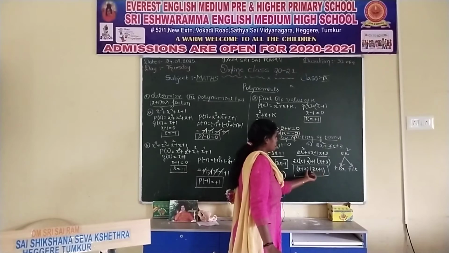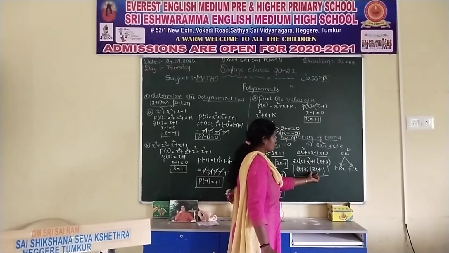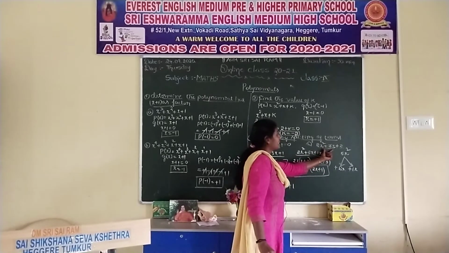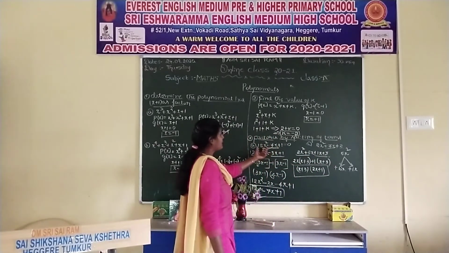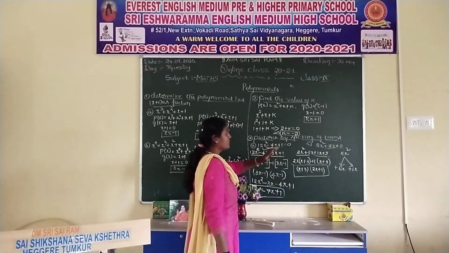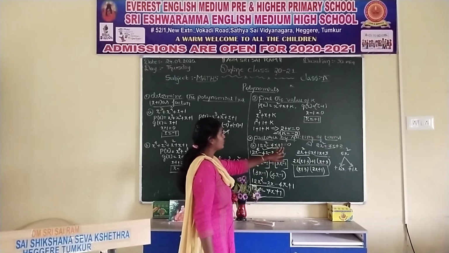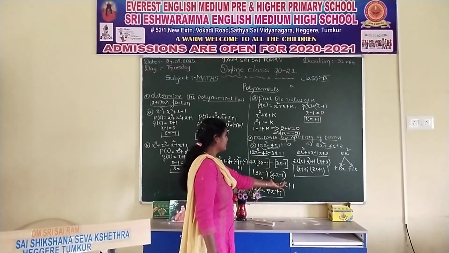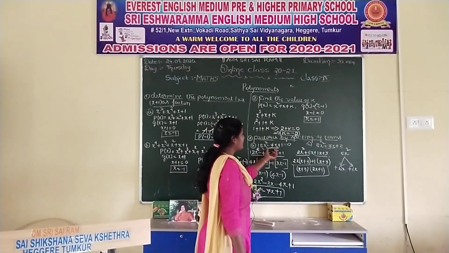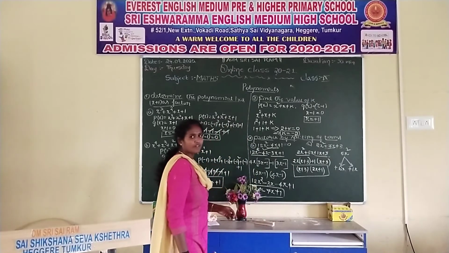Again you do the same thing. You multiply these two binomial expressions, and you will get the same expression. Through this way, you have to split a polynomial expression. Not only for 3 terms or 4 terms, you can use any number of terms. Through this manner, you should split a polynomial expression into different factors.